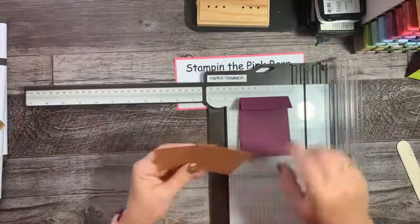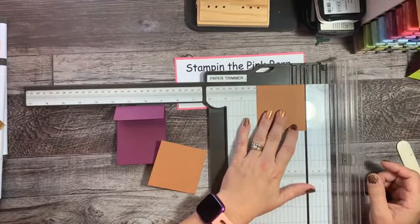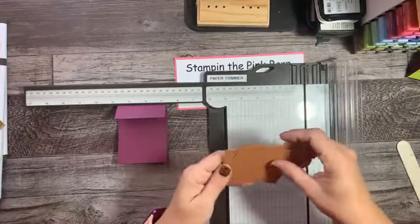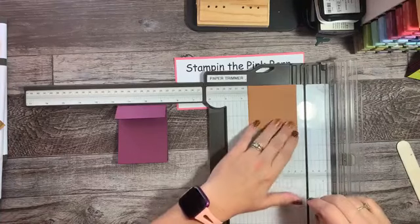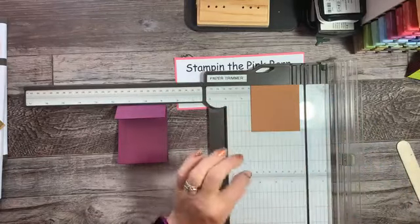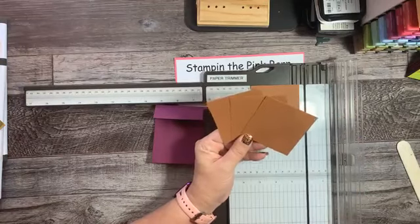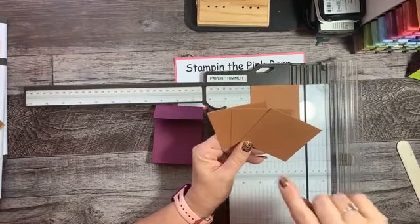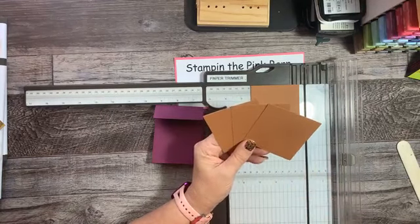All right, so you need 2 of these, and this is 3 by 3 1/16. So you need 2 of those, and make sure you keep them. You're gonna want your 3 part where your 3 is measuring up at the top when we go to do our scoring on that. But I'm just gonna show you all the pieces at the moment. Then you need 3 pieces. These are for your inside flaps to hold your tea bags. These are measuring, like I said, 3 of these at